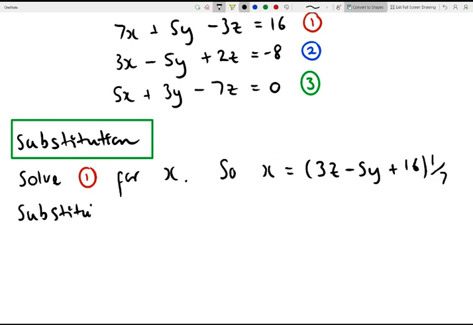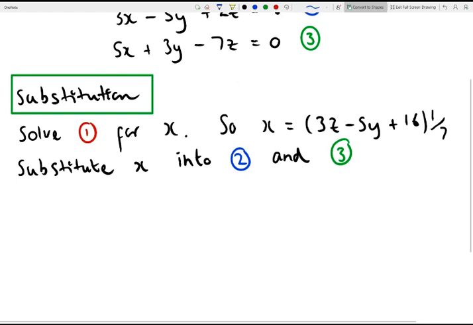Okay, and let's take this. So let's substitute x into equation 2 and also equation 3. And then in equation 2 and equation 3 we'll be removing x. So let's go ahead and do this, and let's start with equation 2. So equation 2 becomes